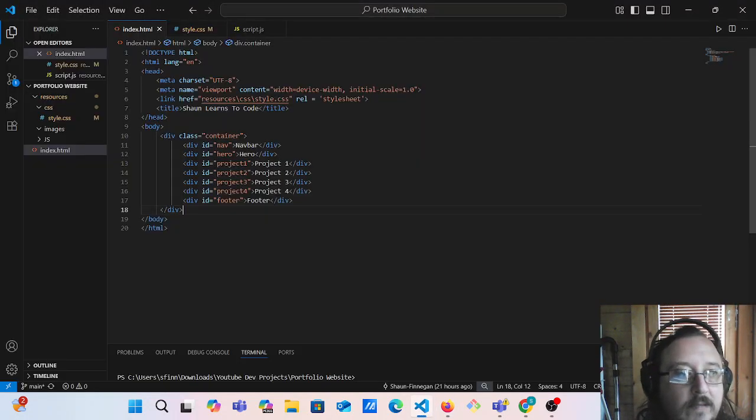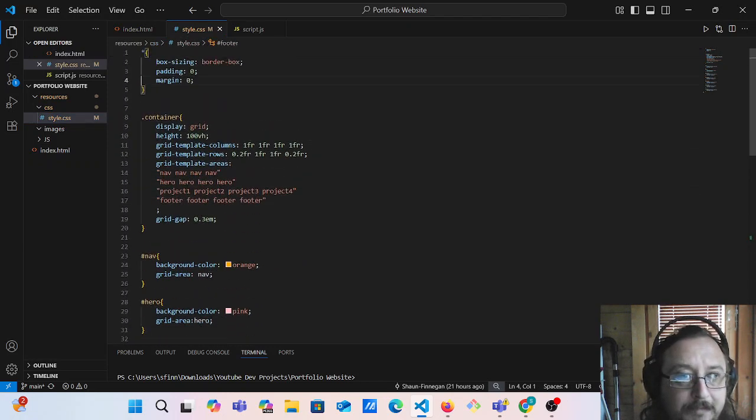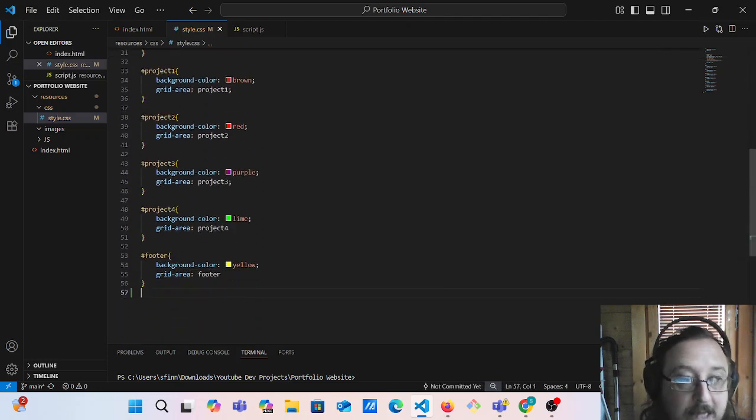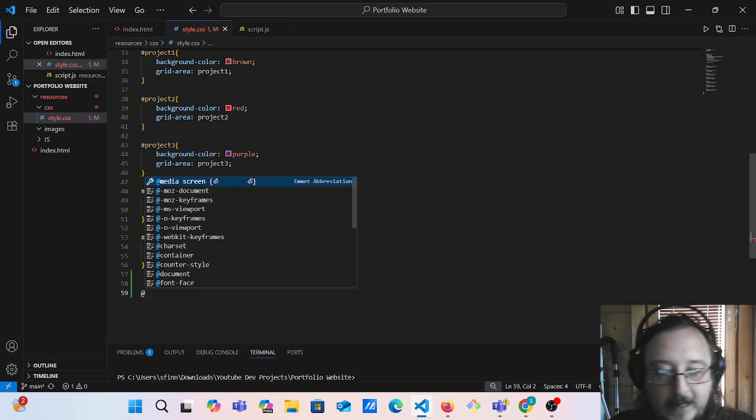Okay, so we're not going to touch any HTML today. We're going straight into CSS. Now, yesterday, as I said, we used grid as our container, and then specified how we wanted to lay everything out. What we're going to do today is add our first media query. A media query, as far as I understand it, helps us make the website responsive. So what we're going to say is at media,